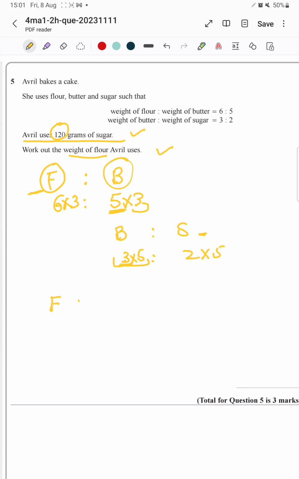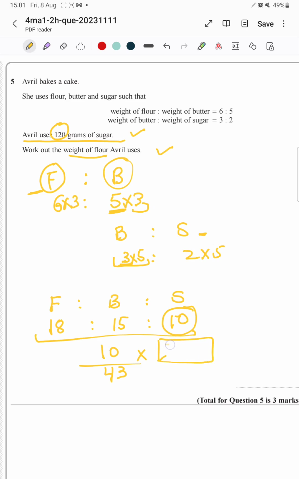So if I write the whole thing with all 3 contents, we will be getting 18 : 15 : 10. Now the sugar is given as 120, so there are 10 parts of sugar. Out of the total how many parts? This is going to be 18 plus 15 plus 10, so this is going to be 43 parts, and 10 over 43 of the total quantity